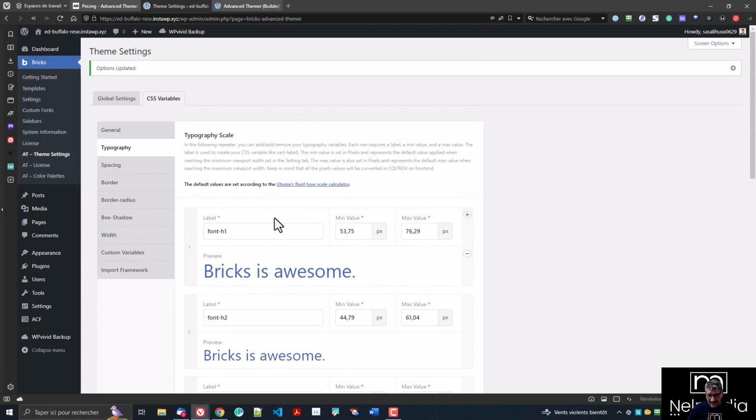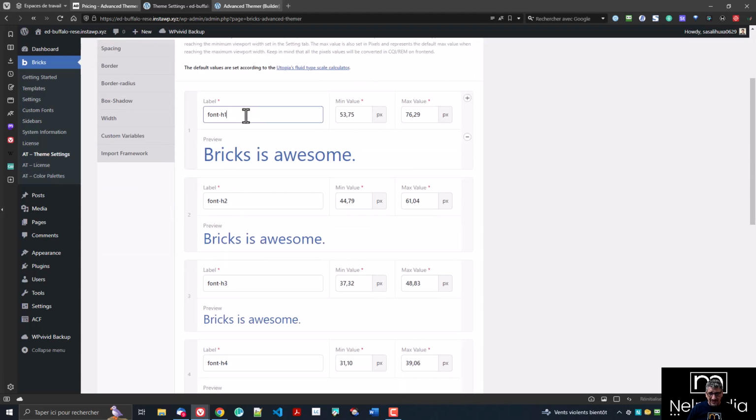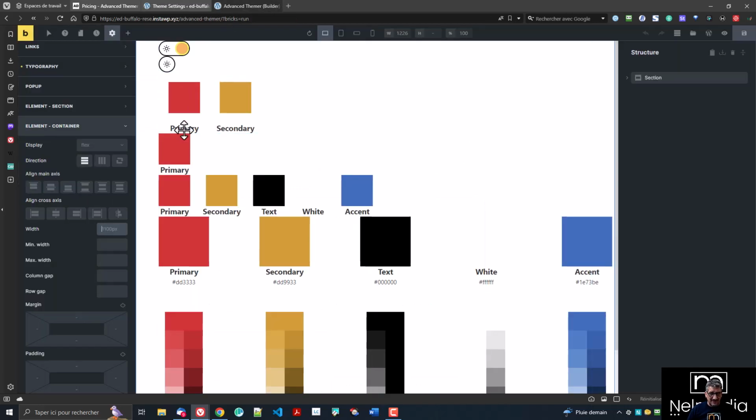And I think this is the size of the minimum value, by the way. This doesn't mean that all your H1s are automatically this size. This is just a variable that it has created for you. So it has created a variable font dash H1 so that if you want to have an H2, for example, that is the same size as an H1, some people will change the tag to be an H1. For example,